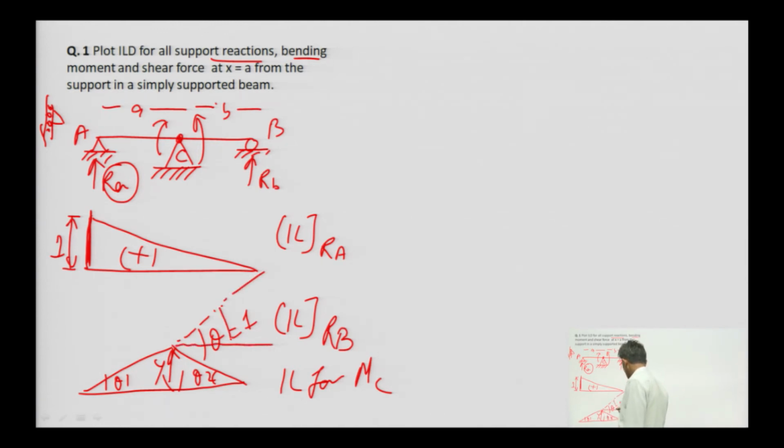So, this one is angle theta 1, this one is angle theta 2. Okay. So, the value of angle theta 1 is what? y by a, if y is small. Then we can write theta 1 is equal to y by a, and theta 2 is what? Theta 2 is y by b, y upon b.